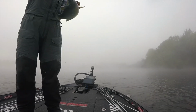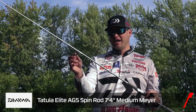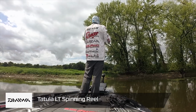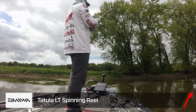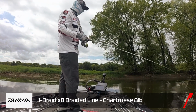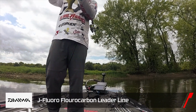Same setup, Daiwa Tatula Elite 7-foot 4-inch versatile rod that I designed. It's got the AGS guides on there. Really, really like the setup. As far as the reel, Daiwa Tatula LT spinning reel. Daiwa J-Braid, this is actually the X8, really, really cool chartreuse color, down to an 8-pound test Daiwa